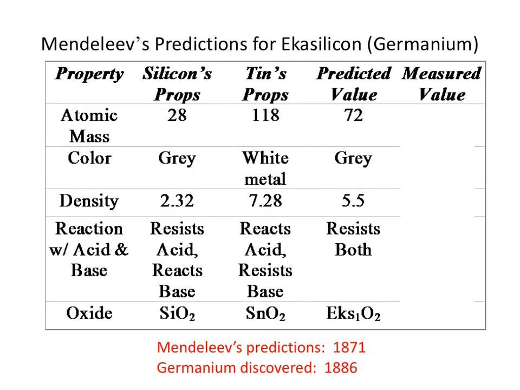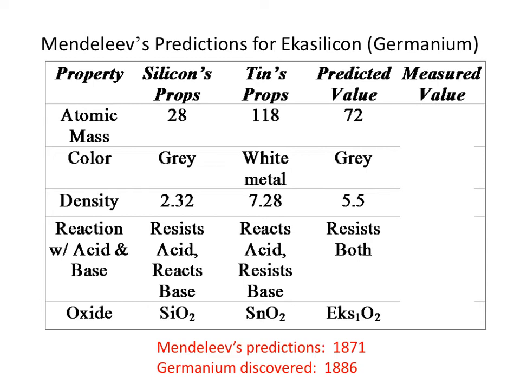And so the really amazing thing that Mendeleev did is he said, not only am I telling you that there is an element that he called exosilicon, because it was going to be below silicon in the periodic table, not only does this element exist, and we just haven't discovered it yet, I'm actually going to predict what the properties are. And so he predicted the atomic mass. He said what color it would be. He predicted its density. He said how it would react with acids and bases. He even said what the formula would be when it formed compounds with oxygen.